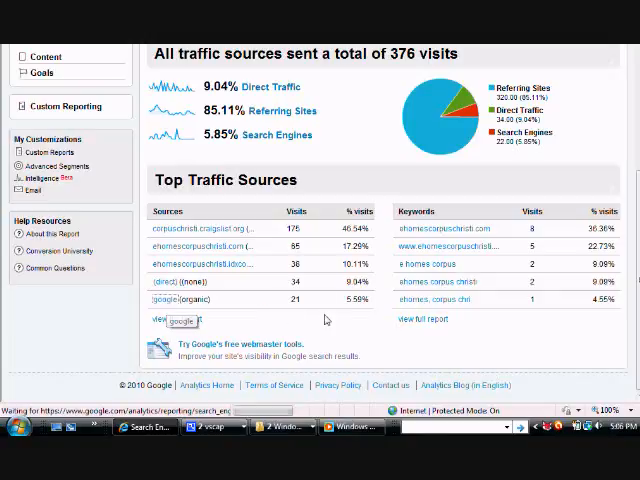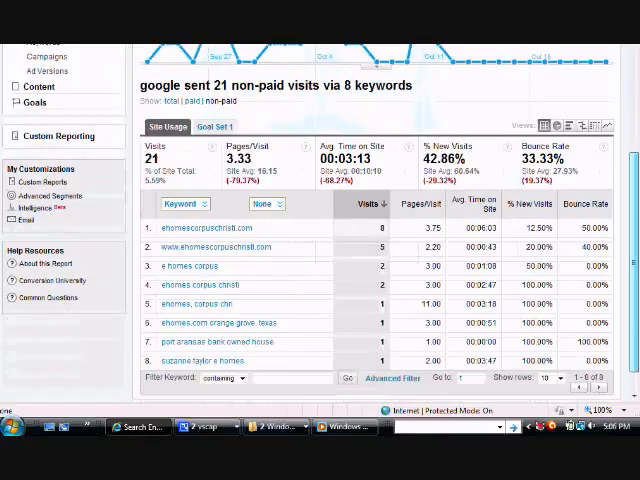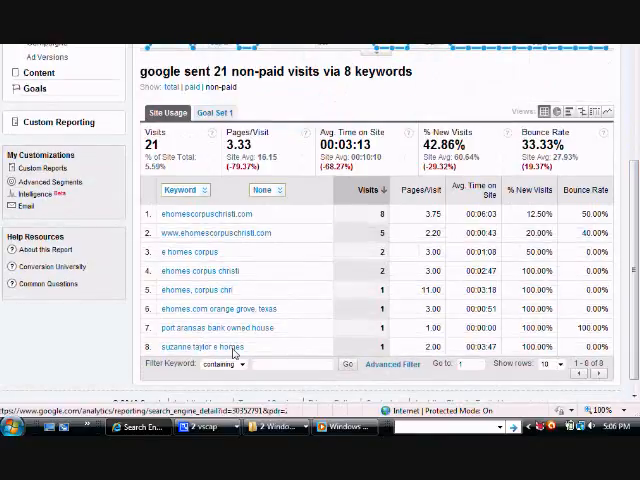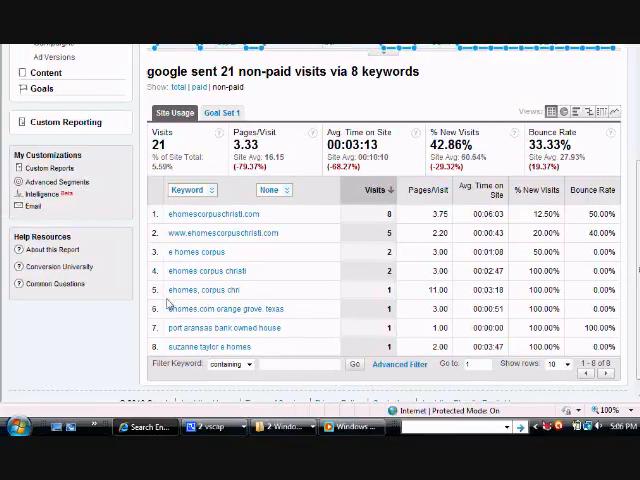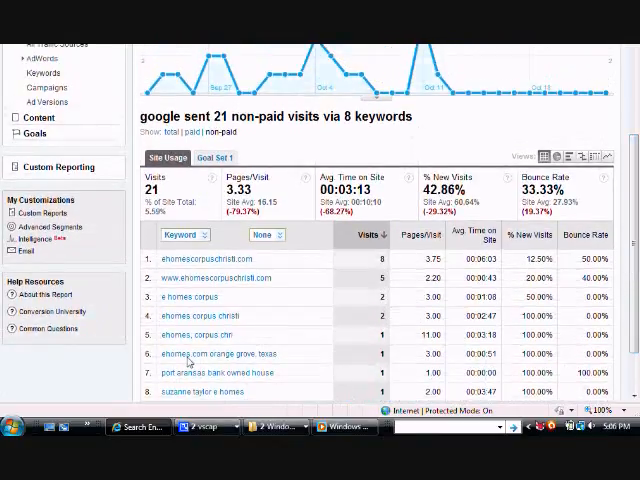So this is good. The website's only about a month old, and people are starting to do searches and it comes up. So someone typed in Suzanne Taylor eHomes and it came up, or someone typed in Port Aransas bank owned and ours came up. So as the website becomes older and we increase our SEO on it, this area will get bigger. So it'll start showing more